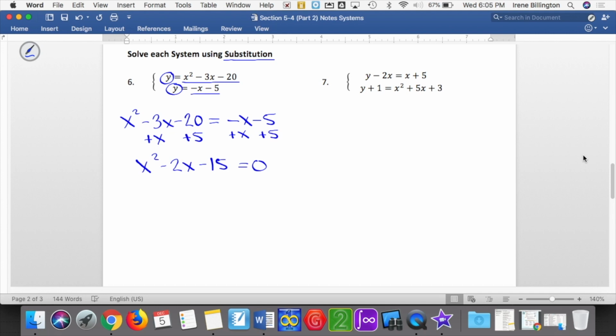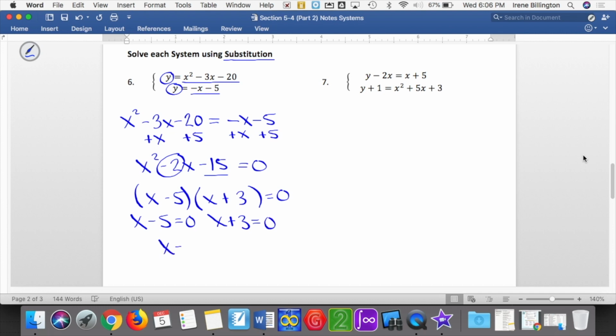I'm going to factor because I notice here that the two numbers that multiply together to equal negative 15 and add together to equal negative 2 are negative 5 and positive 3. So the two factors are x minus 5 and x plus 3, which means to find my two solutions, I have x minus 5 is equal to 0 and x plus 3 is equal to 0. So x is going to equal 5 and x is going to equal negative 3. Because we were able to find two values of x when we solved using substitution, that means there are two solutions